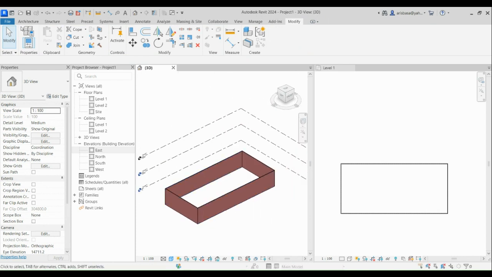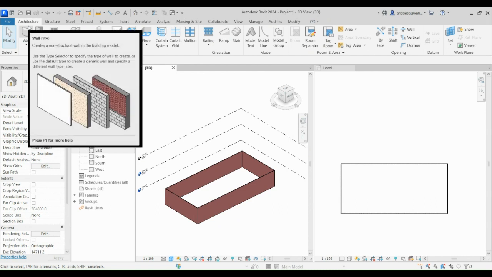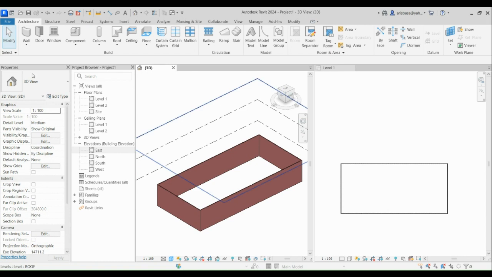So the next tool that we'll be using is a floor. How do you create a floor in Revit? So let's say you have an enclosed room. That means a room with three to four walls that is enclosed. We can now